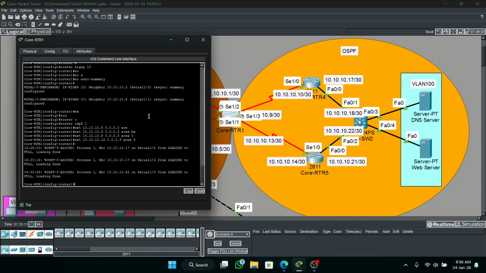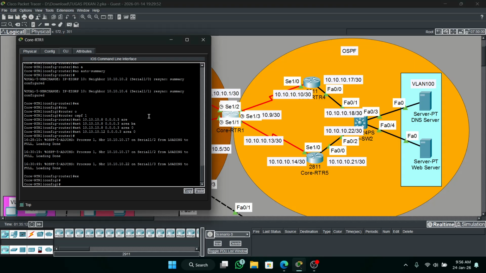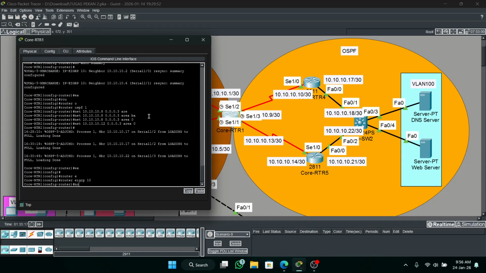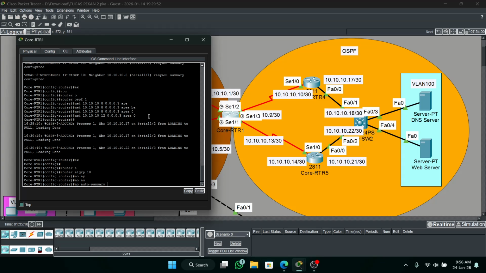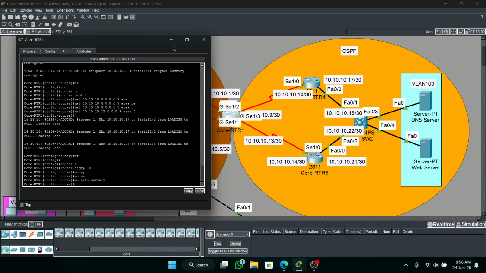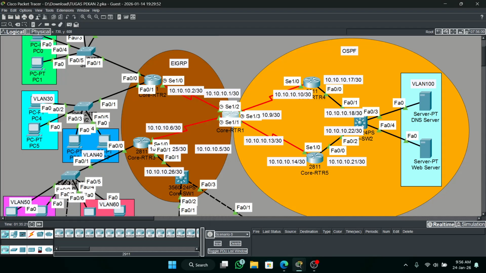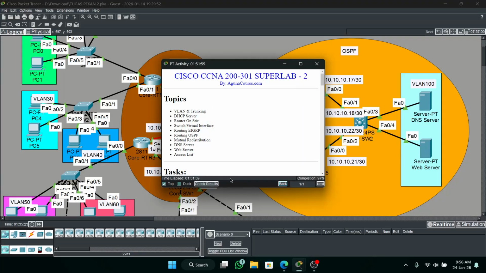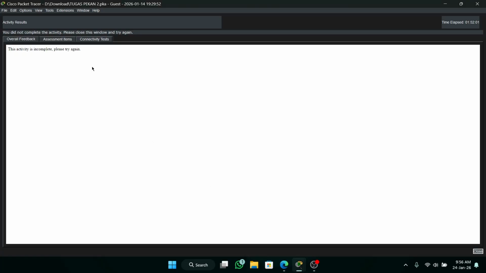Guys, I forgot to configure no auto-summary in EIGRP. Router EIGRP 10, no auto-summary. Okay, checking the device.